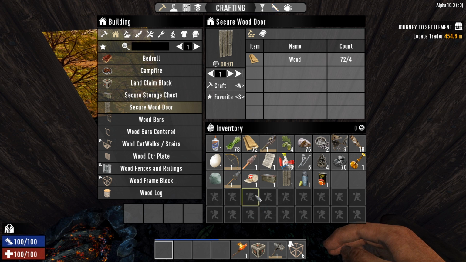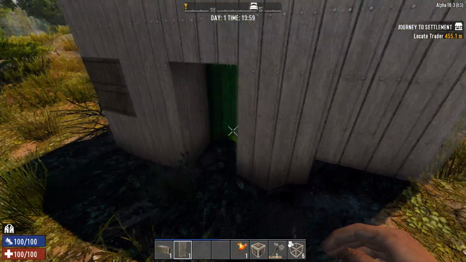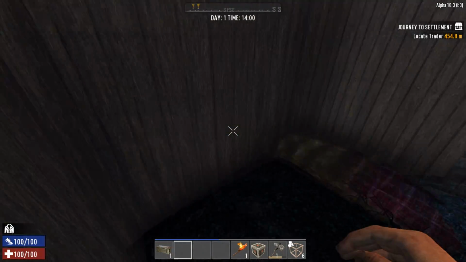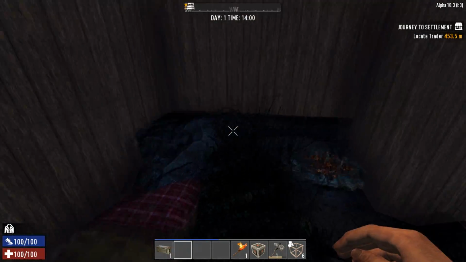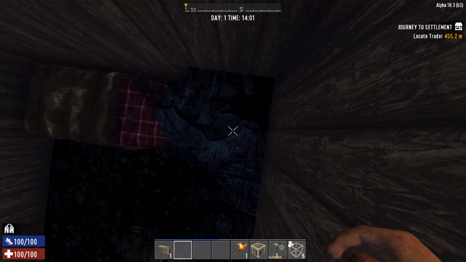Don't need just yet. Need these two here. I like to make sure my door is on the outside, like so. We now have a door for our little hut, which means we should be fairly secure. Now what I tend to do is I will